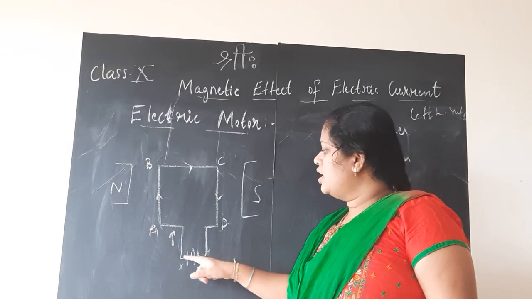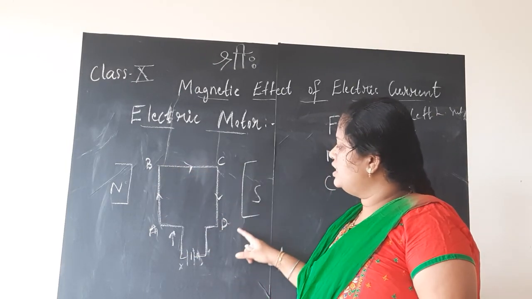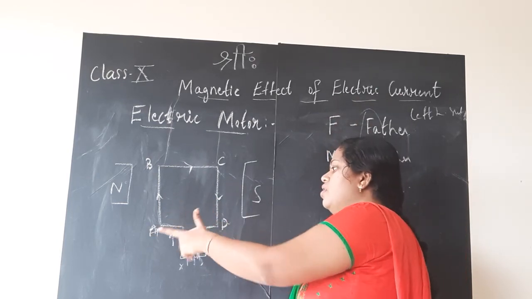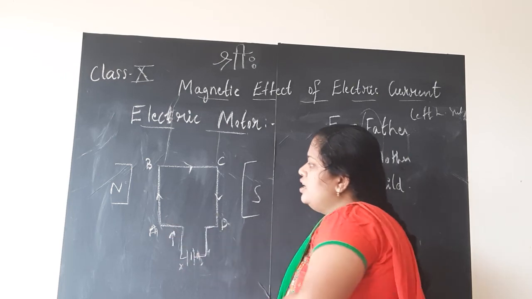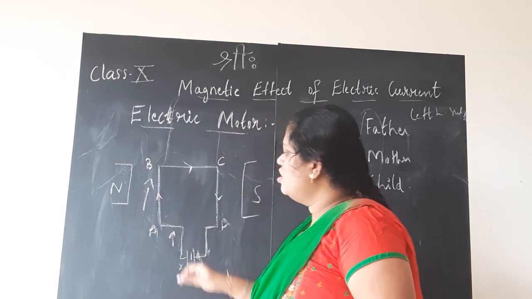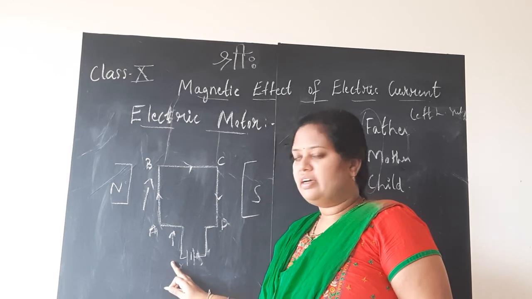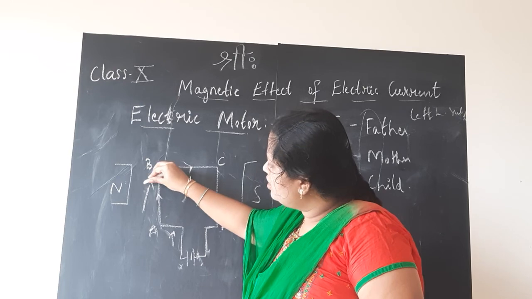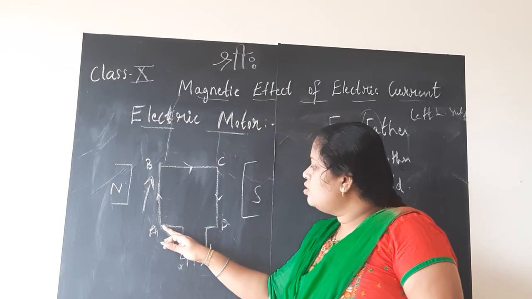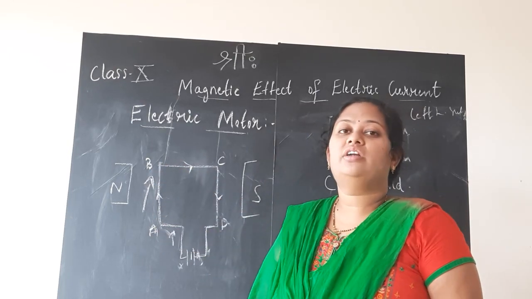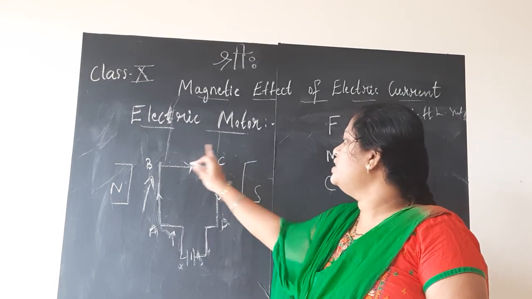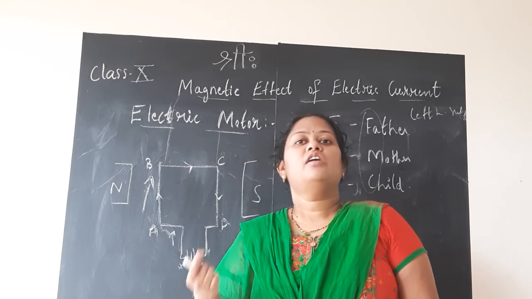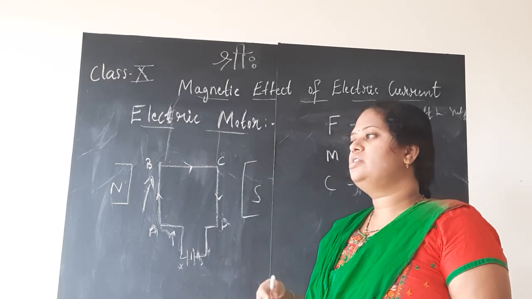Now children, the current will start flowing through A, B, C, D, and if you apply Fleming's left hand rule, the current is first flowing in the inward direction. From the positive of the battery, the current will start. It is going in this direction through AB, the arm AB. They also call it the armature, children. In your textbook, A, B, C, D is the armature also. They tell us it is just a rectangular lamina or rectangular wire. Many things you can call it.